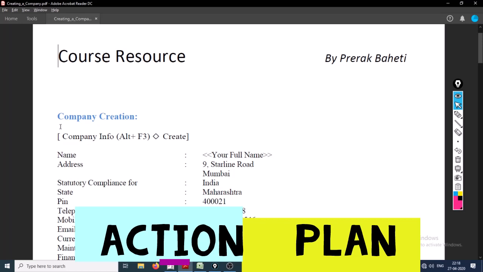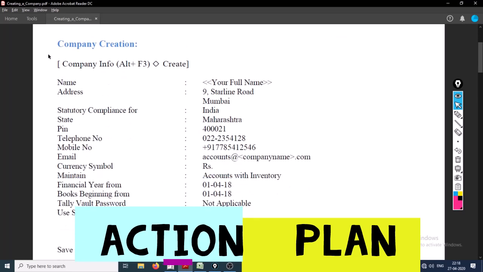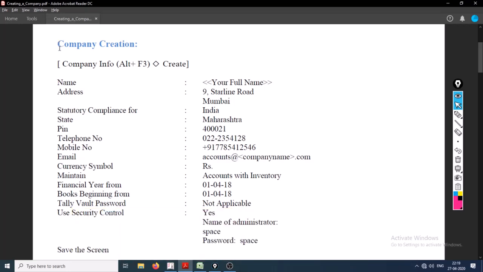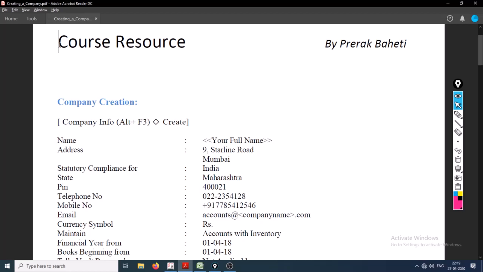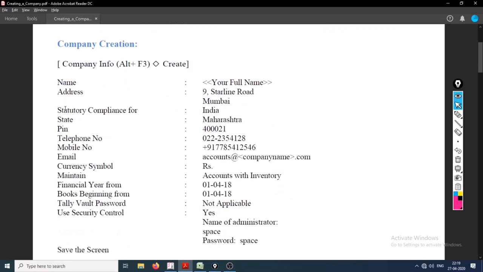So we are going to create a company from scratch, and we are going to reach a level where we are able to create our own complete financial groups, our own balance sheet and our own financial report. Then we are going to analyze those financial reports with the help of ratios, and then compare our company with other companies with the help of the ratios. So let's now move forward. And here is the first question, that is company creation. So let's start by creating a company.